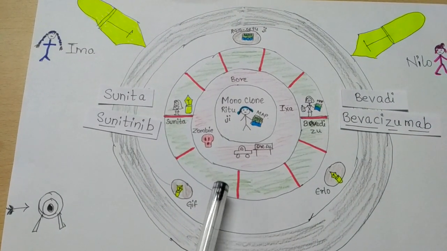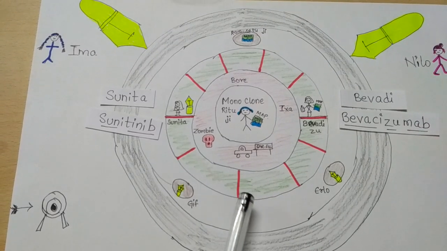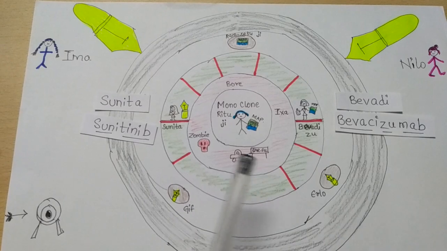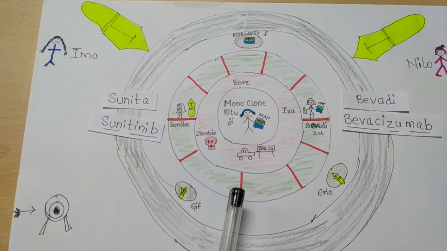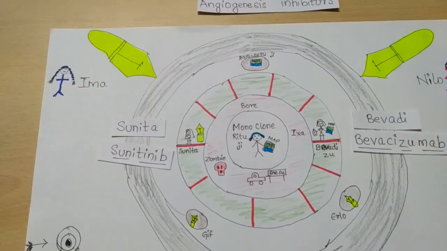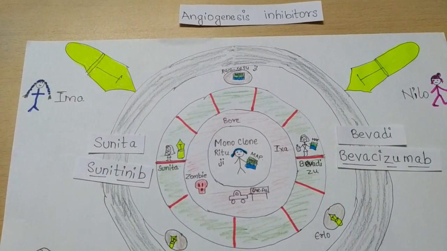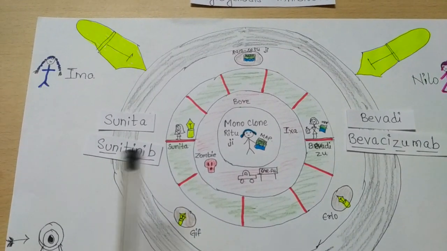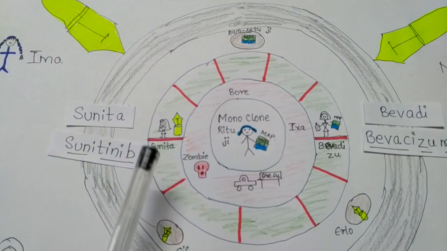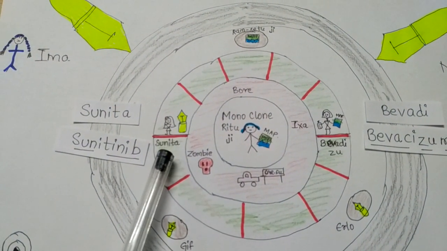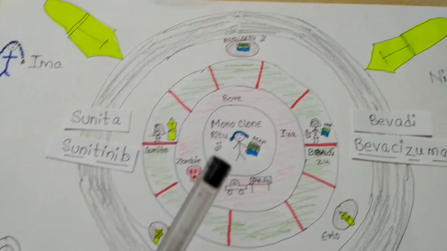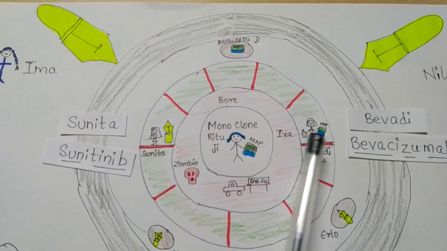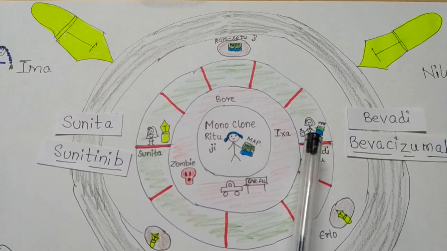Now we'll focus on the third circle. What we see is there are these red lines drawn in the circle. These red lines are going to tell us that it's angiogenesis, that is vessels are being formed. So angiogenesis inhibitors. Now when we focus on it, we see there is a girl named Sunita. She is going to put a nib, T nib here, and there is another girl. Nobody knows her name, but she is Bevdi.